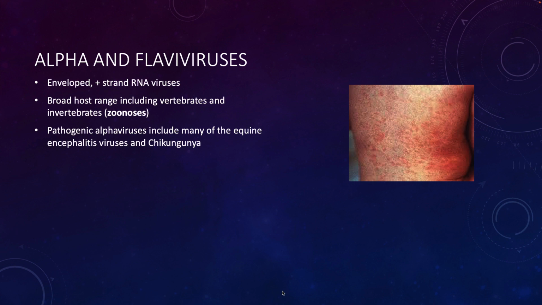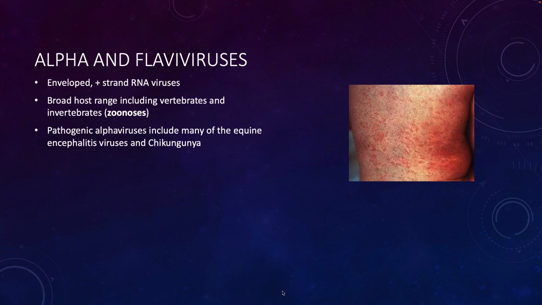These are enveloped, positive sense strand RNA viruses. They have a very broad host range, including vertebrates and invertebrates, which is why they can be transmitted by arthropods. They are zoonoses acquired from animals. Pathogenic alpha viruses include many of the equine encephalitis viruses, and a virus that's considered to be an emerging infectious